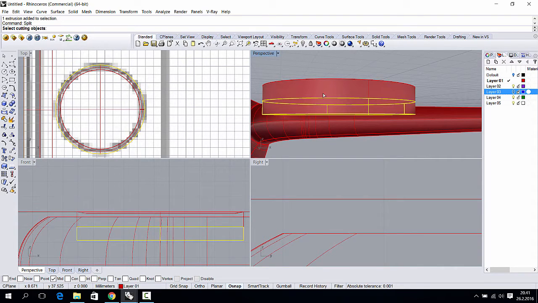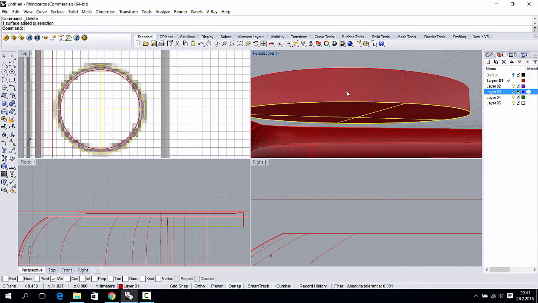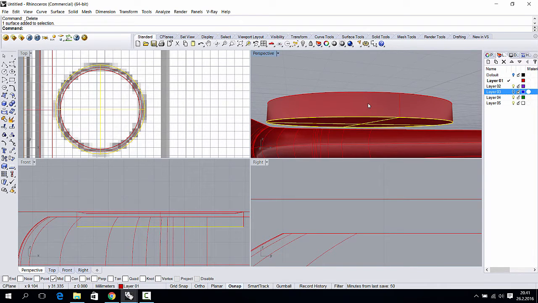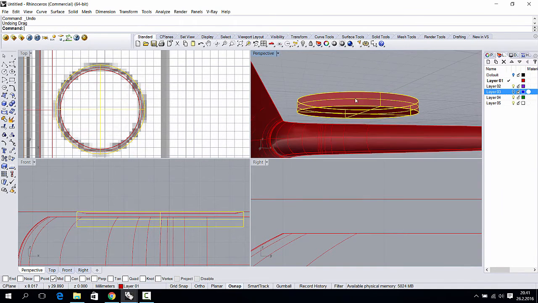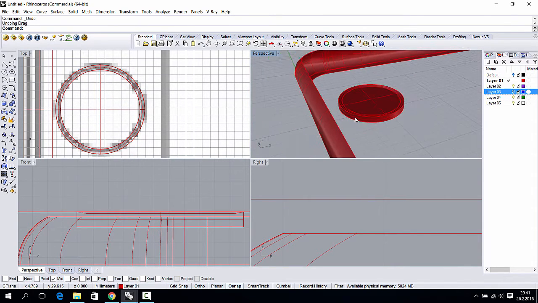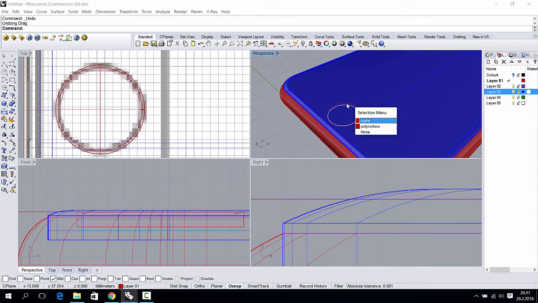and then select the piece you just made and use split command and then the surface, upper surface, and press enter and this one, and then select the piece what is left from the block you just made and join everything together, and now you have a iPhone home button ready, and you can delete the curve,